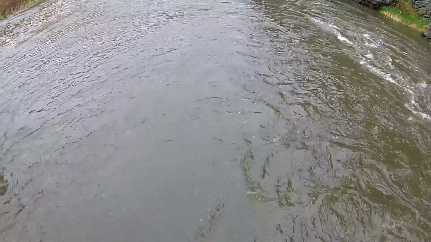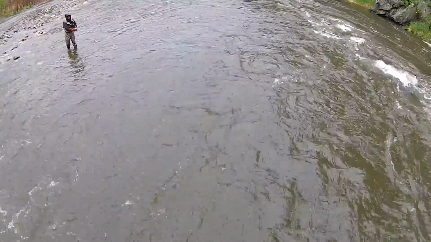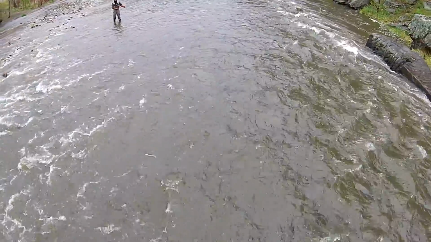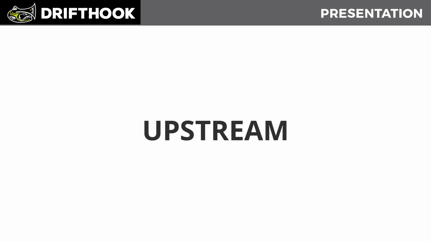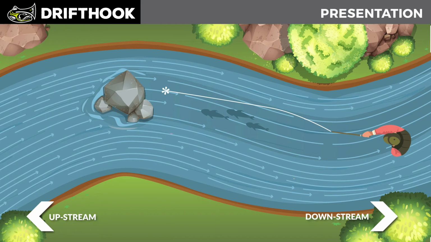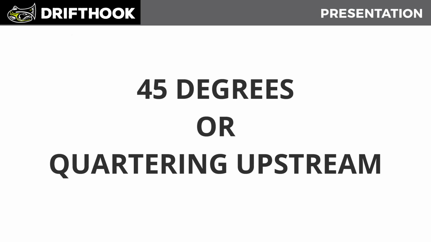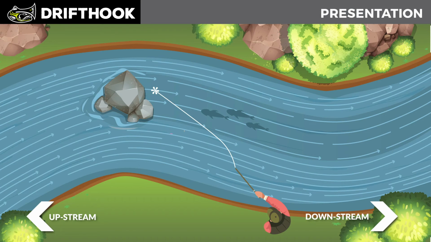So let's go over some basic knowledge on a stream or a river, and the best angle for a new fisherman to start with. We have five different types of presentations I like to always discuss. Number one is your upstream. This means that the water is heading towards you, not away from you. Casting in that direction, you'll be parallel with the bank and casting towards the water coming at you. You have a 45-degree angle, or a quartering upstream. This is a great way to start for any new fly fisherman. And as you get more advanced, you can go straight upstream. But as a beginner, you have less of a chance of spooking the fish if you do that 45-degree angle.